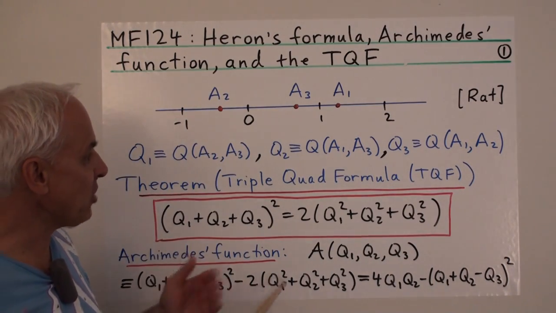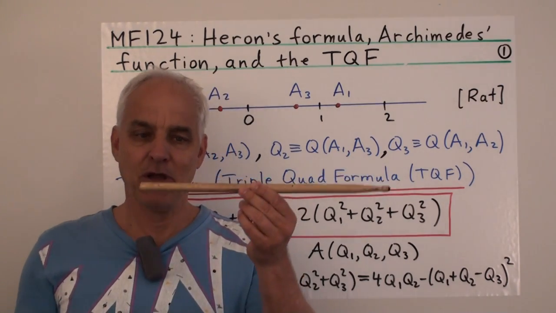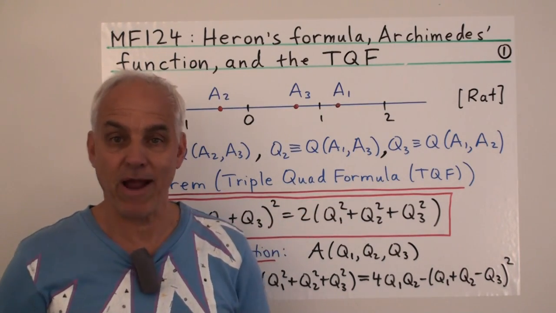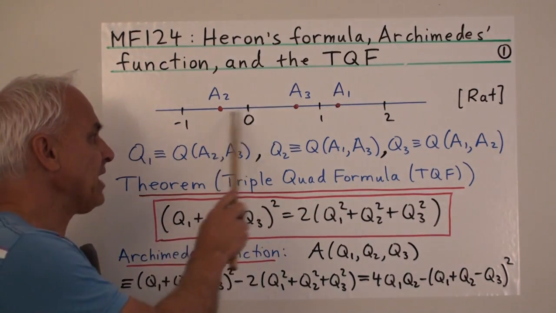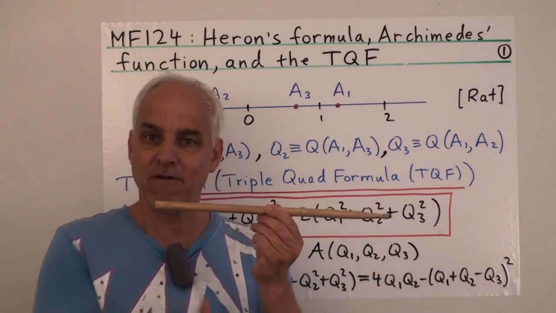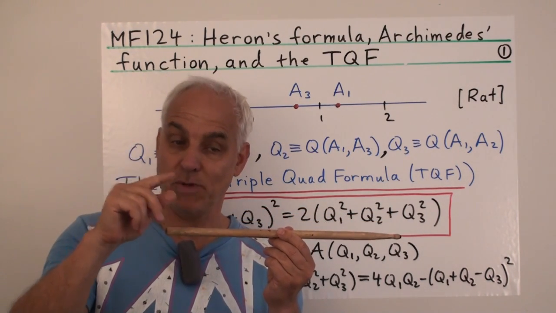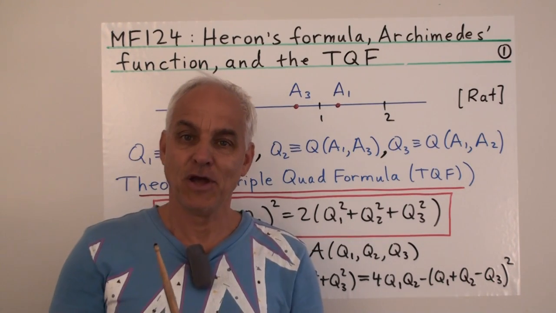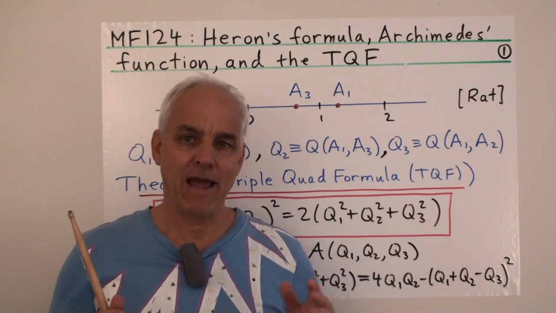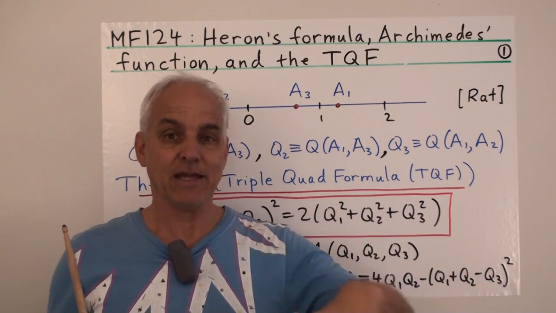Okay, so the context that we've been talking about is that of one-dimensional affine geometry. A very simple situation where a point is just represented by a rational number enclosed in square brackets. We introduced the idea of the quadrance between two such points. If we have the point 2 and the point 5, then the quadrance between them is (5 minus 2) squared, which would be 3 squared or 9. So it's the square of the traditional distance. And we're trying to convince you that having this purely algebraic point of view, not involving any absolute values or square roots, is preferable.